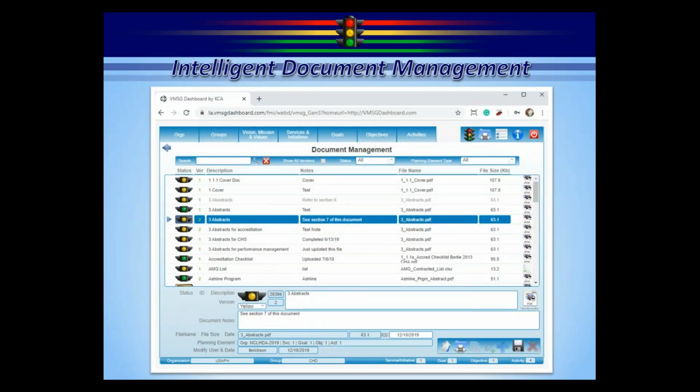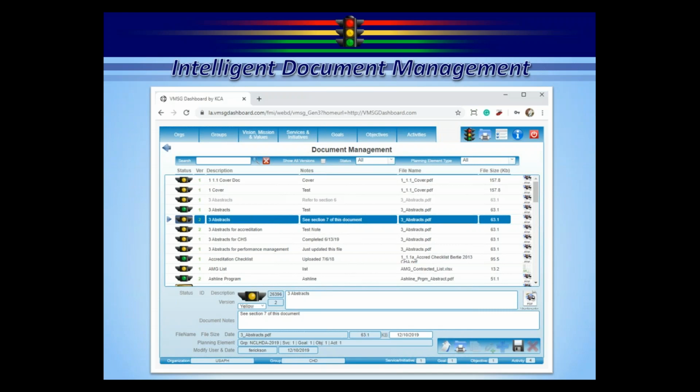Intelligent document management. Up until about a month ago, this was just called document management. The reason we put this in the system is as you're going through the accreditation process, you're going to be submitting, I'm not quite sure in the Pathways program how many documents, but for the typical accreditation, somewhere between 300 and 1,000 documents. Tracking all those documents, understanding the expiration date of those documents, all that stuff is a process within itself. So we built document management right into the system so you can now attach the documents to the accreditation plan.